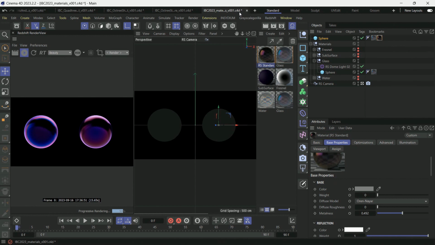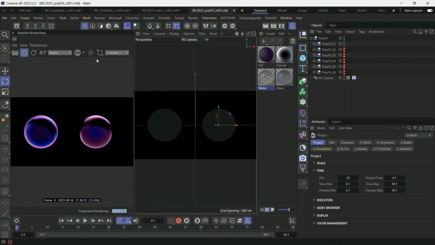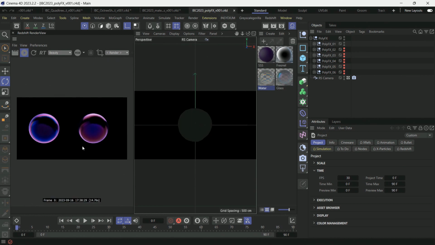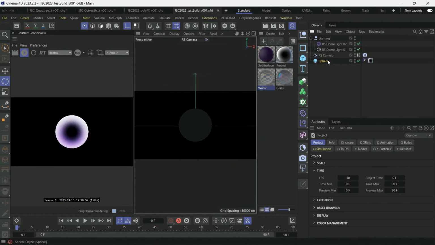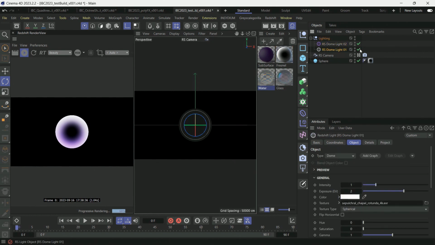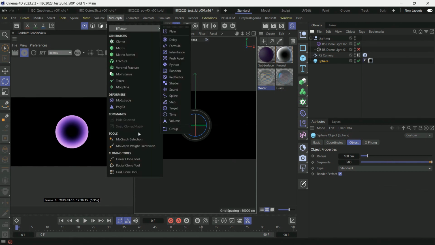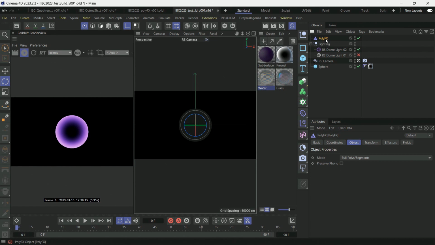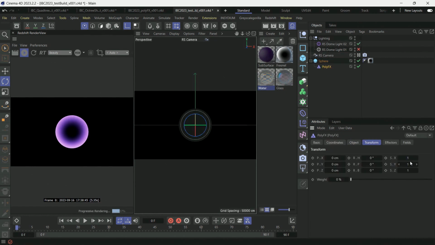I'm just going to go into our poly effects. Okay, so we have the Fresnel set up from before, and we're just going to start with that. I'm just going to come up to MoGraph here and add a poly effects deformer. So if we drop that into our sphere, can't really see what it's doing just now, but if we come into our scale and we drop this down,